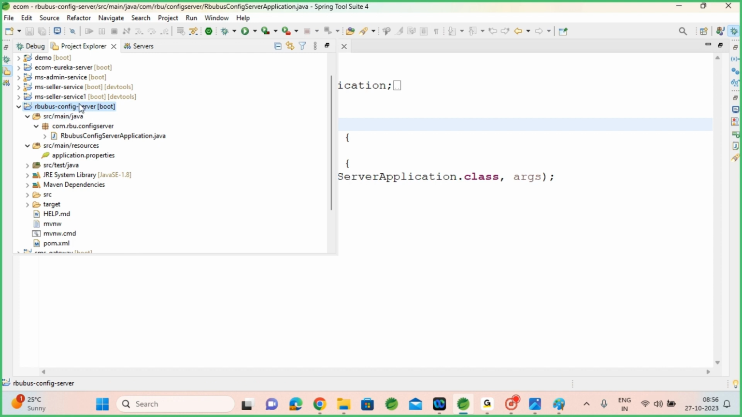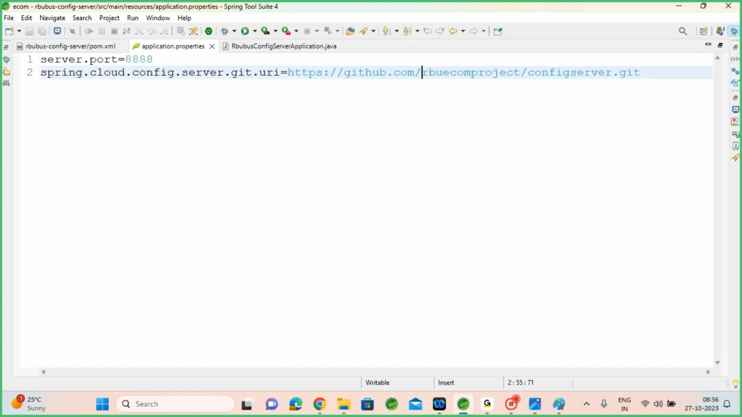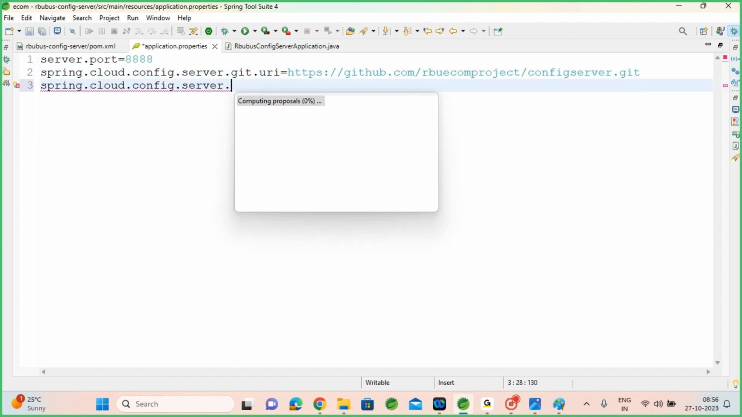So this is the common point for all your configurations. If you see, do you have configurations here? No. Configurations are read from the Git repository. In case you have a Bitbucket repository or other repositories, you can find them here. There are other properties given to read from other repos. Server dot